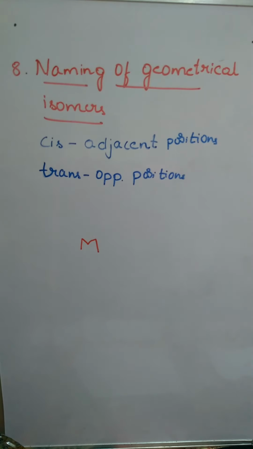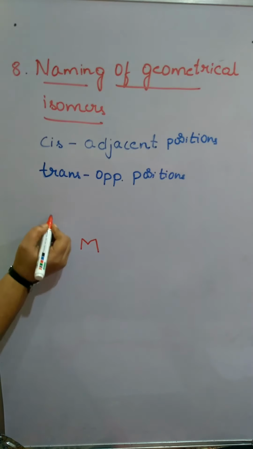If it is tetrahedral, there is no point of geometrical isomers, because it is three-dimensional. So only two are in a plane. One is near to the observer, and one more is away from the observer. So nowhere are they coming side by side. But in case of square planar, all the four are coming closer and they are in a plane. So we shall see that now.